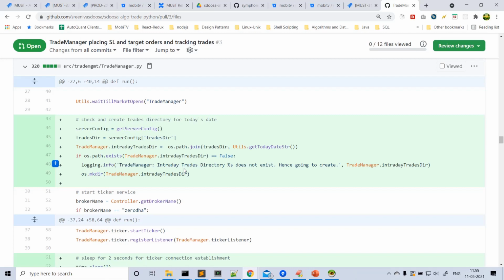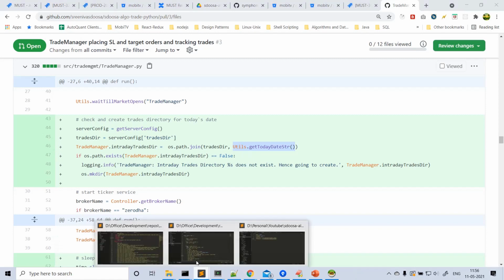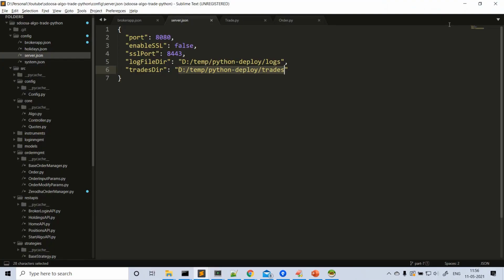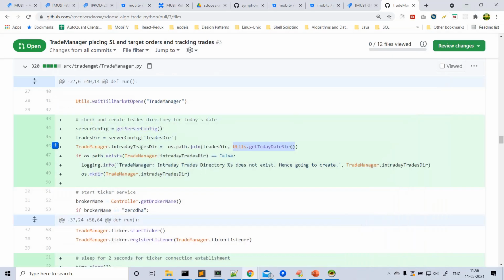For that reason, I am creating a new folder with today's date. I'm taking the trades directory as the parent directory, and inside that I add today's date, like 2021-05-11. So a new trade directory will be created inside the trades directory with today's date. That will be our intraday trade directory.